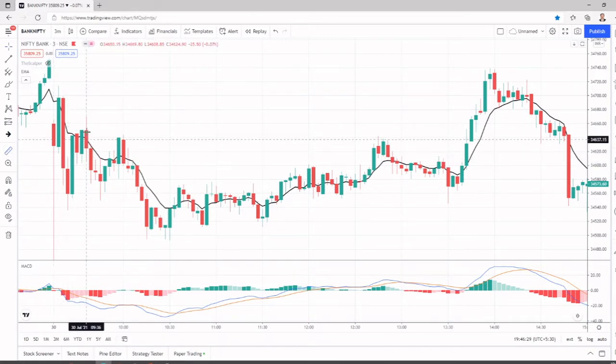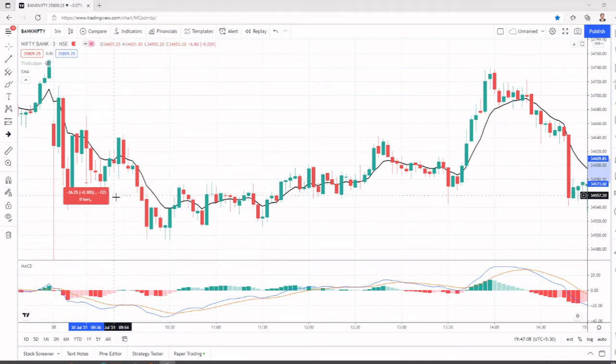If you take a short position below the low of this candle, as soon as price starts moving, you need to immediately take the position here. And once the candle closes, you just exit here, or you can just see how big it is. If you're getting 30-40 points, just exit here. Don't wait. Or there is one more way to make maximum profit. So in this case, you are getting 30 points.